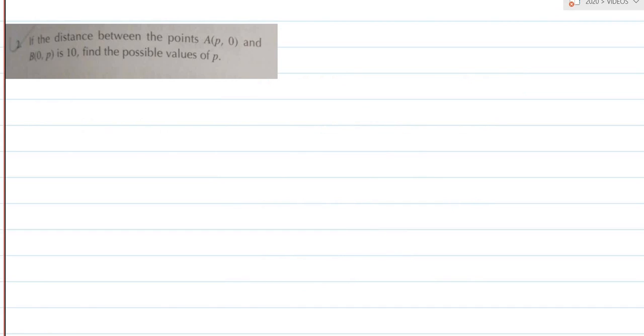Now over here we have another type of question. According to this question, if the distance between the points A, p, 0 and B, 0, p is 10, find the possible values of p. Now the thing is, they have already given you the distance. Distance is equal to 10. Now what you have to do is find the variable. So instead of writing the distance, the formula for distance is